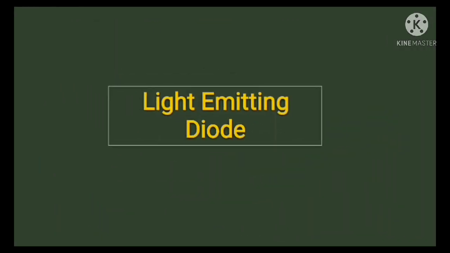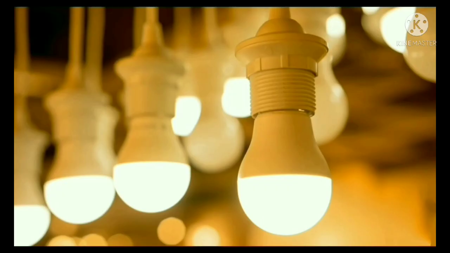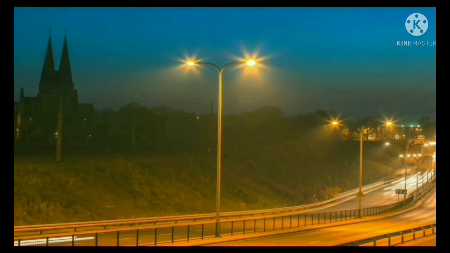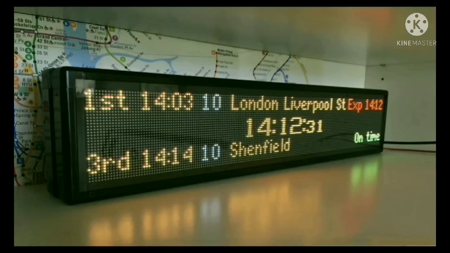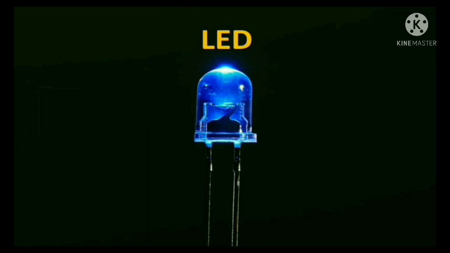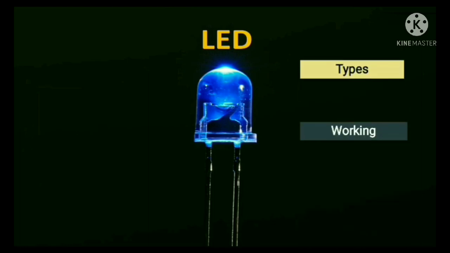Today in many electronic devices, in some way or other, LEDs are commonly used. If we talk about lighting, LEDs are used for lighting in houses, and not only that, from street lights to traffic signals and even display boards, LEDs are commonly used. So in this video we will see the types of LED, working of LED as well as the advantages of the LED. Let's see the different types of LED.